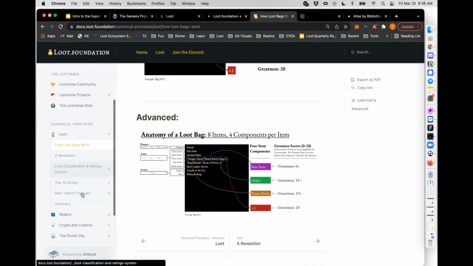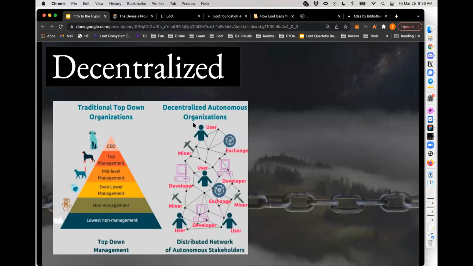And so what we're doing as a group is providing the breadcrumbs and the options and the opportunity for someone to build a cohesive universe, but no one's required to, because there's nobody who owns Loot.